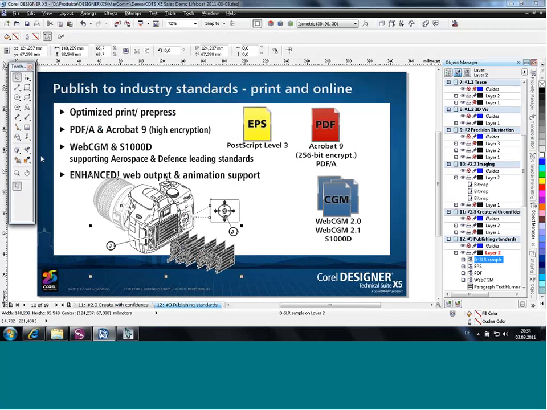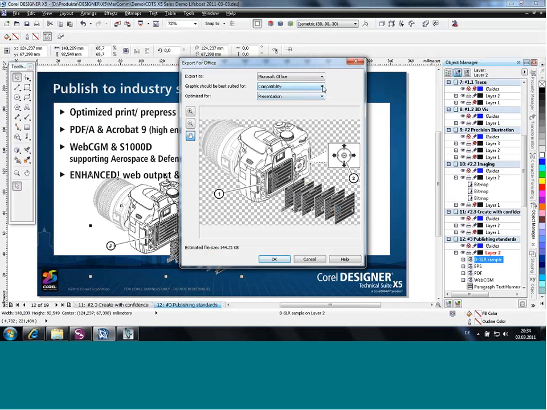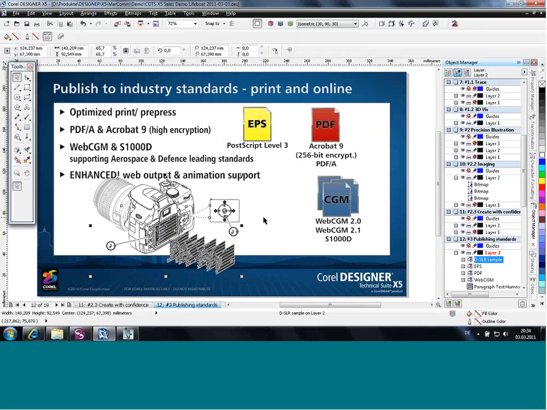There is an export for Office wizard that doesn't leave you with tons of file formats that you need to select the best from. So you just choose the purpose, and then with that preview you already see if it's good enough, or maybe you should turn from an editing option to best compatibility to have a good representation of the graphic and leave the editing within Corel Designer, which is the recommendation anyway. But going from there to